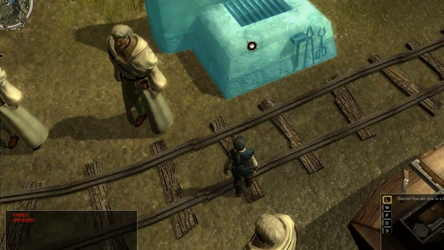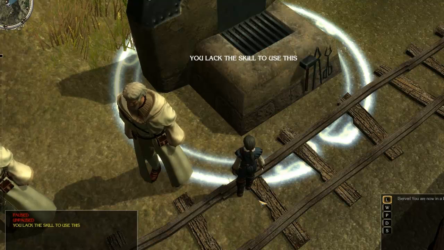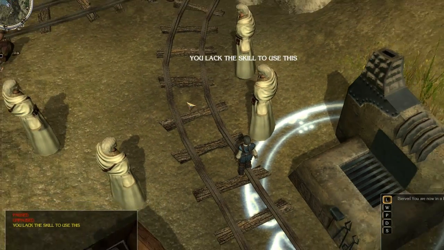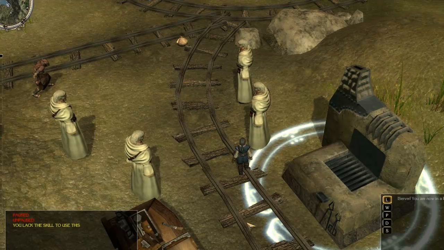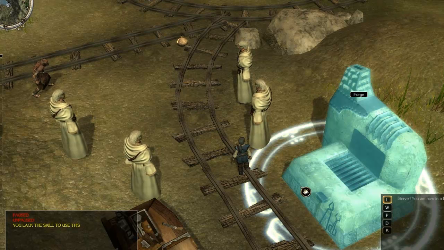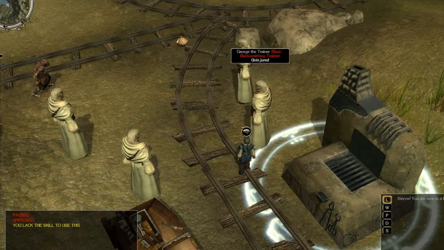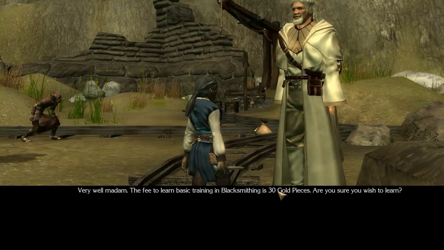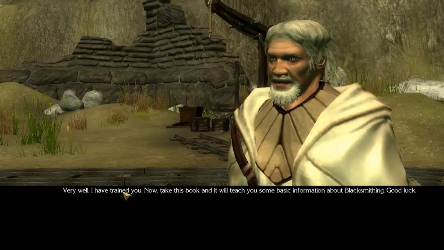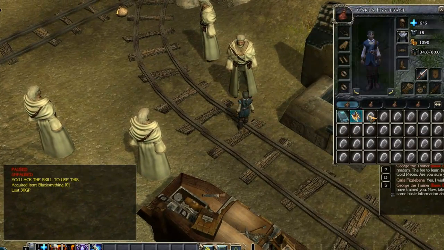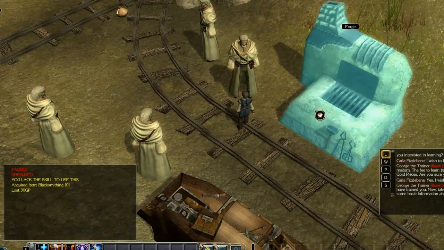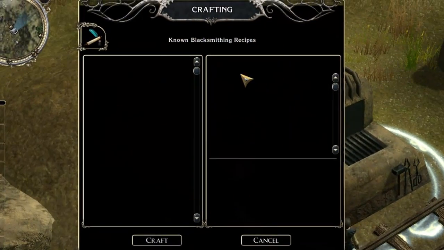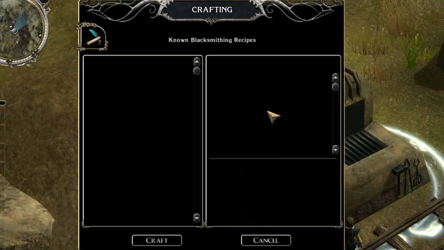The first thing I want to show you is what happens when we click on this forge when we're not trained. We get a message, you lack the skills to use this. So that's what we kind of would expect, because nobody's taught us how to actually use a forge. You know, I'll probably know how to light a match, but how to use all this stuff, I have no idea. But George will teach us. So let's learn blacksmithing for 30 gold from George. And he gives me the blacksmithing 101 manual right here. Now when I click on the forge, oh look, I can now craft things. Unfortunately, my knowledge about what I could actually craft is pretty limited, and you can see I don't know how to actually create anything. George has done a fabulous job